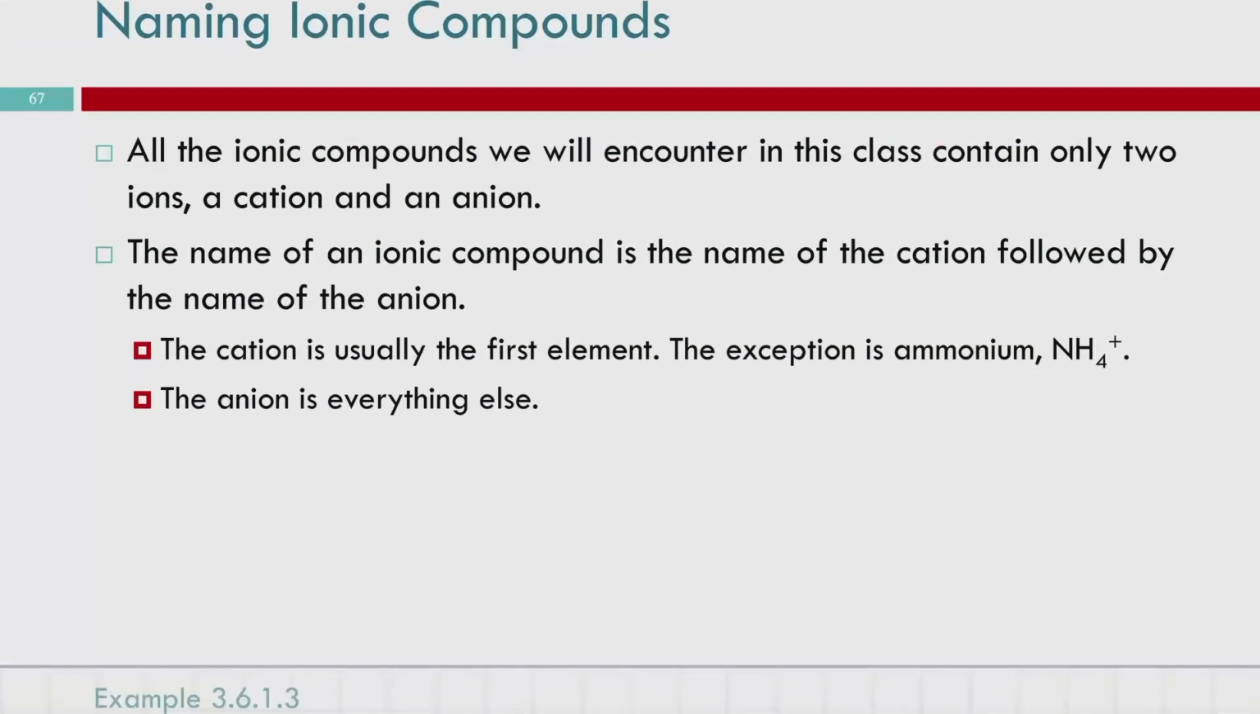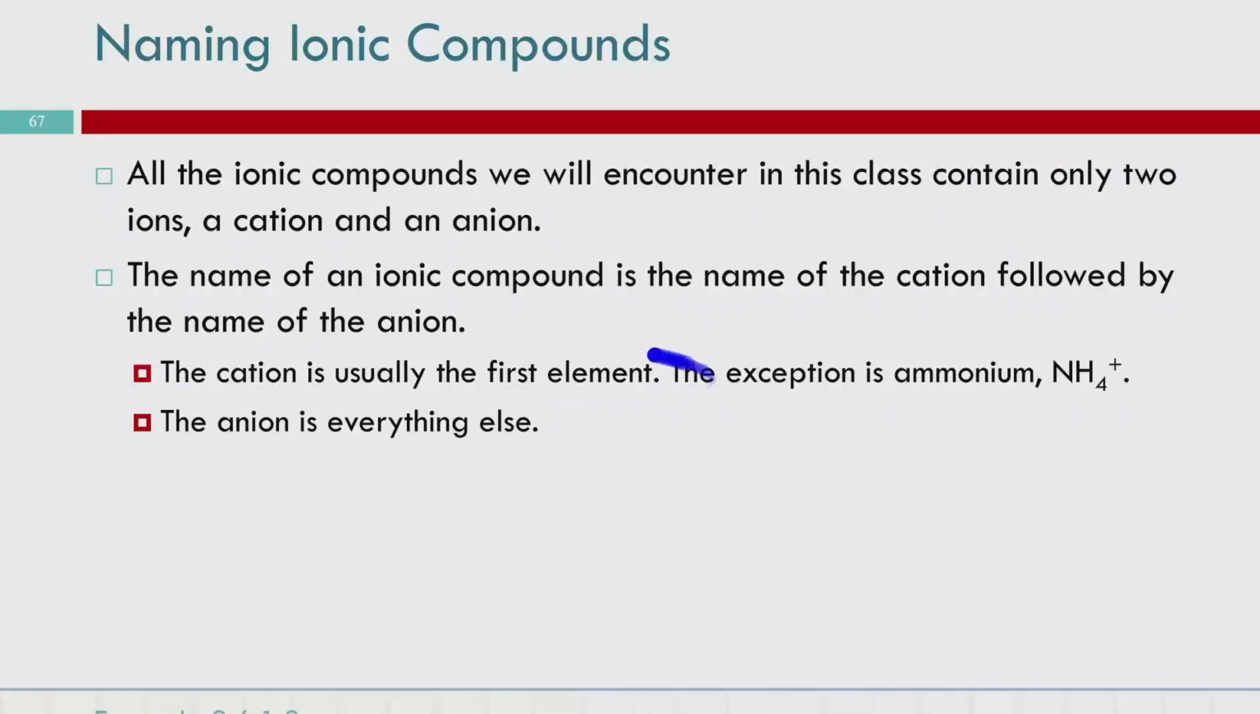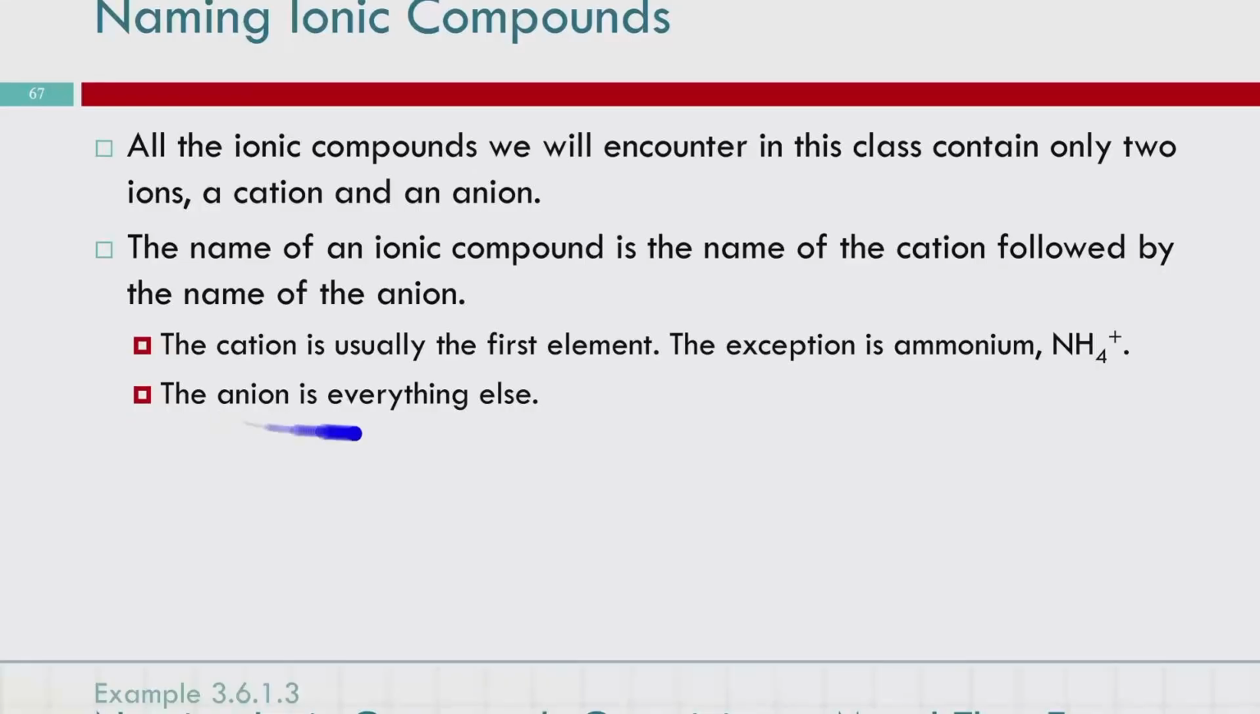So when we're naming ionic compounds, the cation is going to be our first element. That's going to be our metal. We're going to name that first, just whatever the name is. It might be iron 2, it might be calcium, it might be magnesium. Just whatever the name is, we take the ion part off because we're putting it into something else. And then the anion comes after that. So generally speaking,